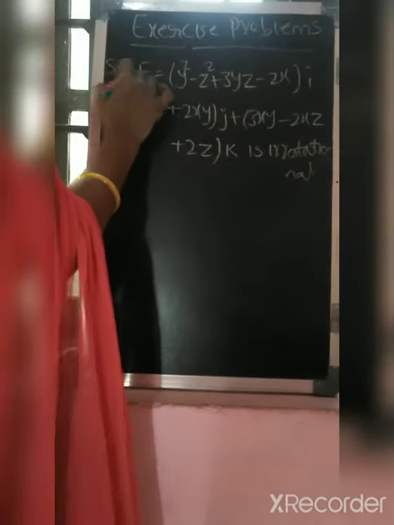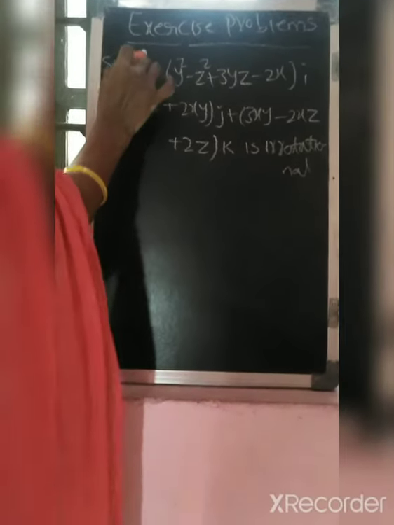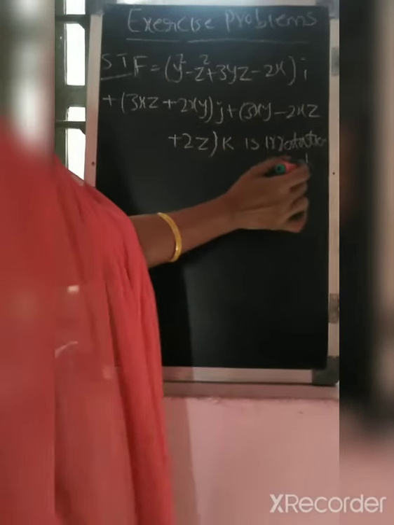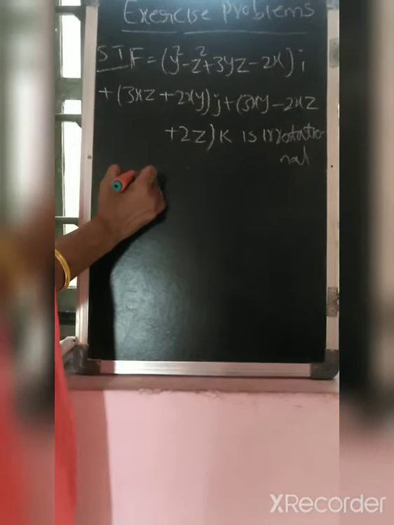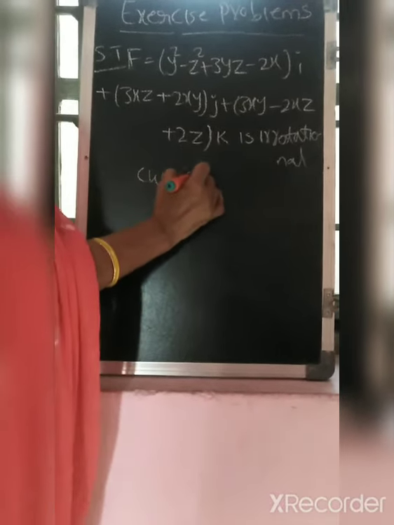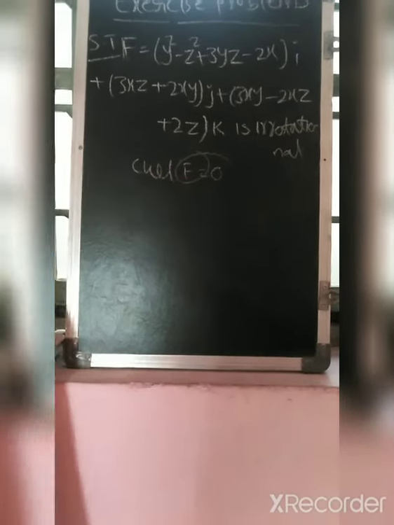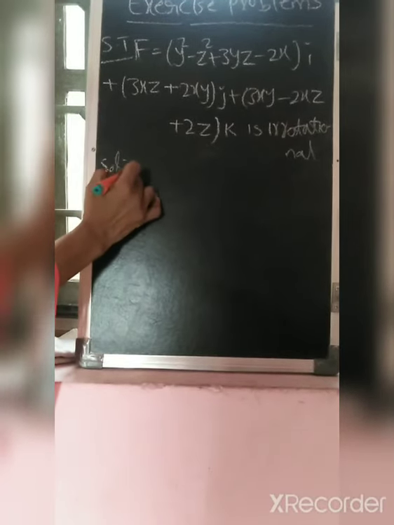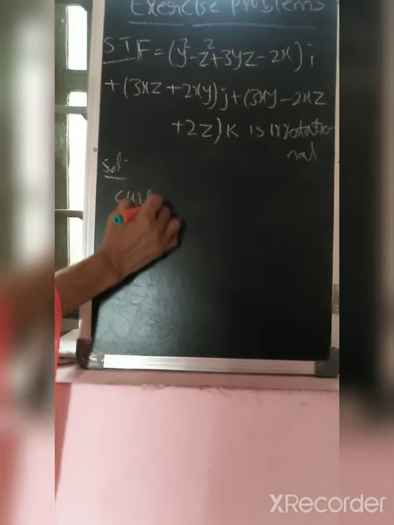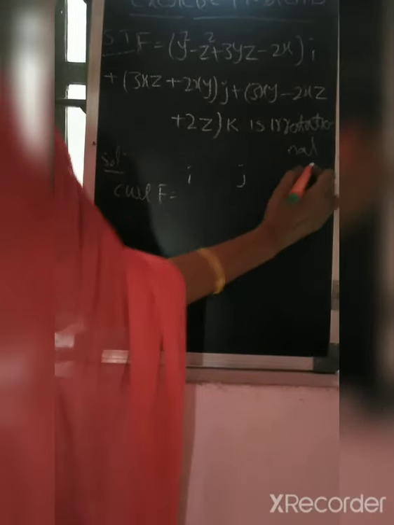So now we prove that. Here the vector f is irrotational. Irrotational means we prove that curl f is equal to 0. So we can solve this one. So curl f is equal to the determinant with i, j,